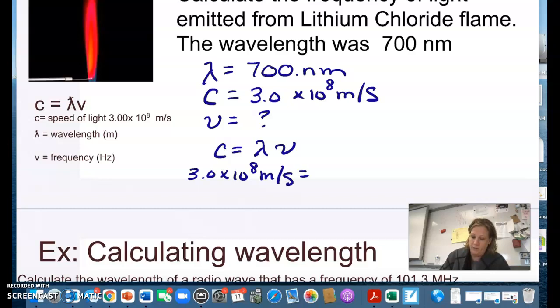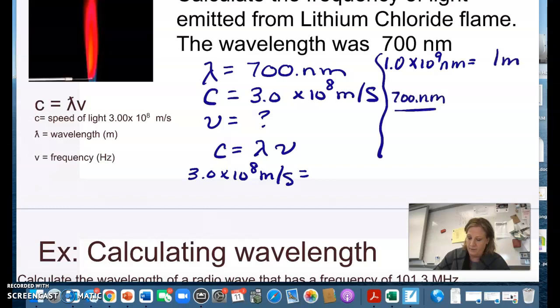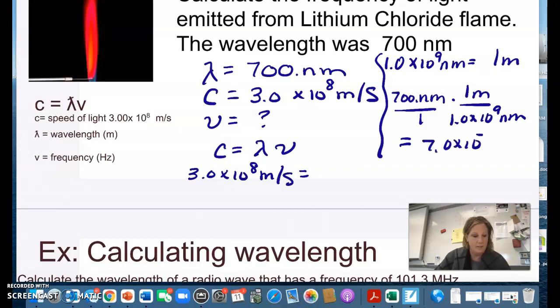Before we can sub in, we would want to convert the nanometers into meters. And I know that there's 10 to the 9th nanometers in 1 meter. So I could take my 700 and multiply by 1 over 10 to the 9th. So really, my wavelength in meters is 7 times 10 to the negative 7th meter. So now I can plug that in over here,